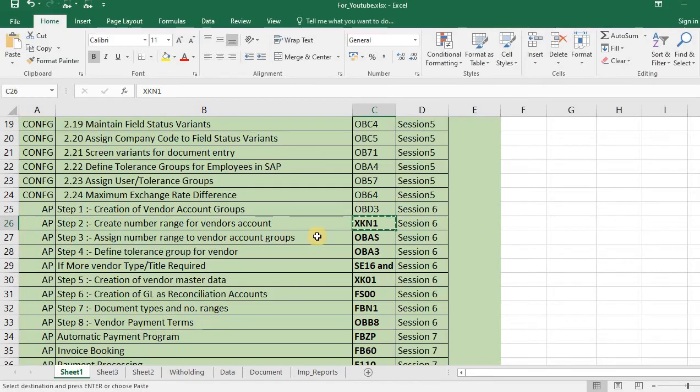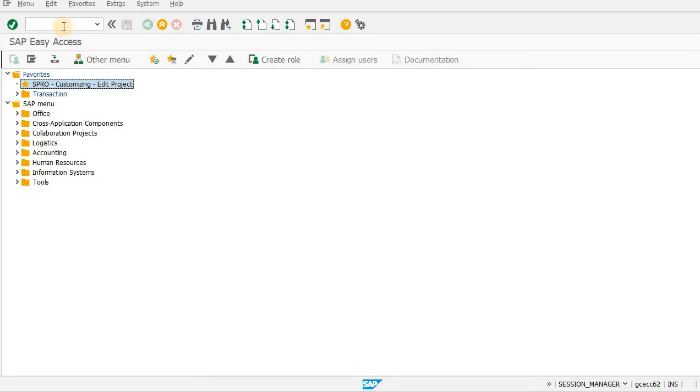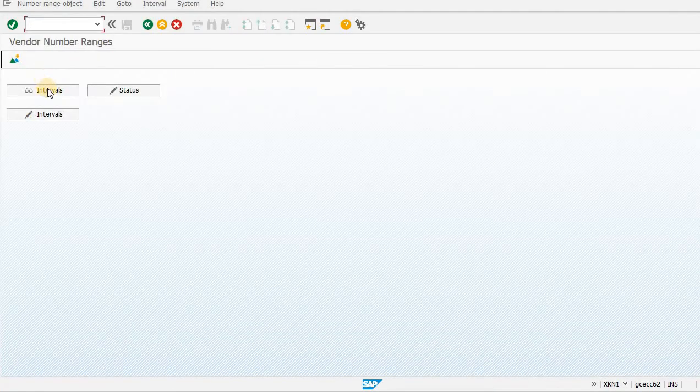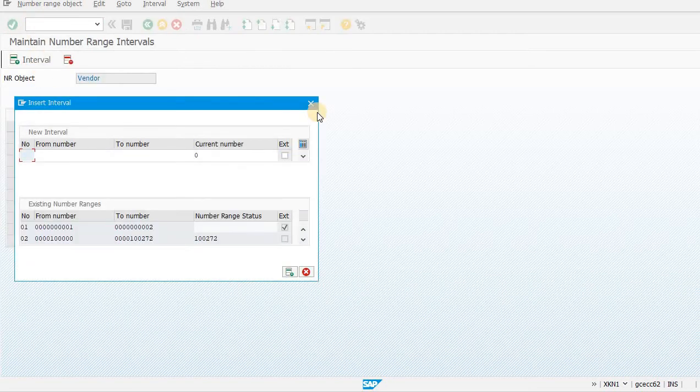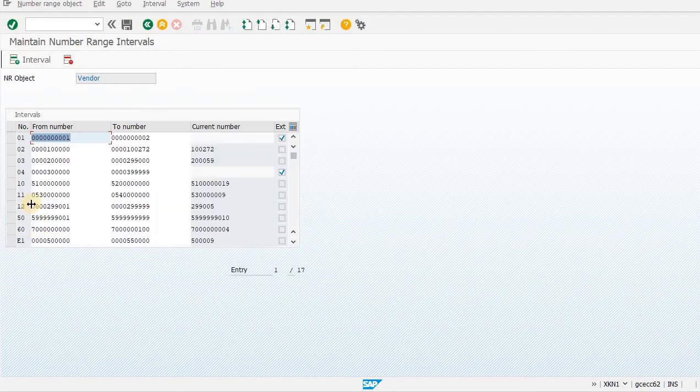Now we are going to create a number range for the vendor account. Go to XKN1, then intervals, new interval. What are we going to create? 10, I think, is already there. Let me check which sequence is not available.